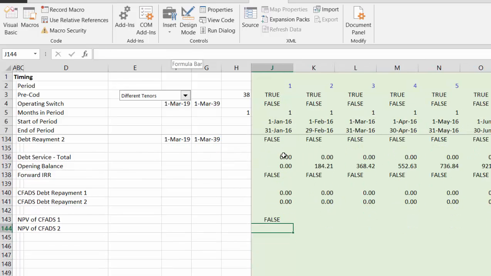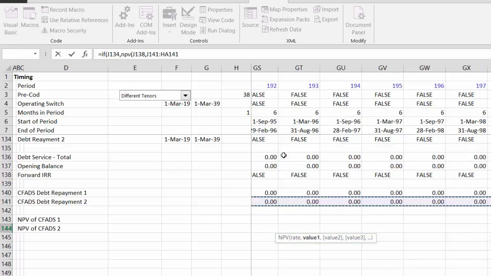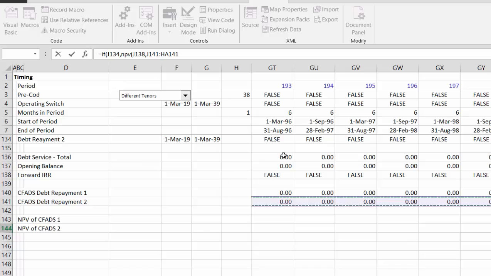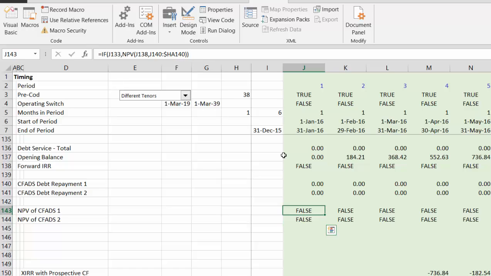And we can do the same thing for the second one. Then we put NPV, and we use the same discount rate because we're going to use essentially the same debt balance. Okay, but this one just has a little longer loan tenor. So where's our forward IRR, and then we go to the second. Here, this time I didn't press the F4 to make sure that all works. So then we press Shift Control R, and all we have to do now is to finally get the LLCR